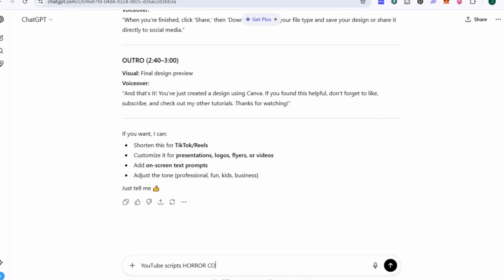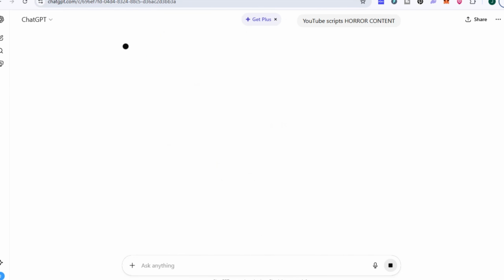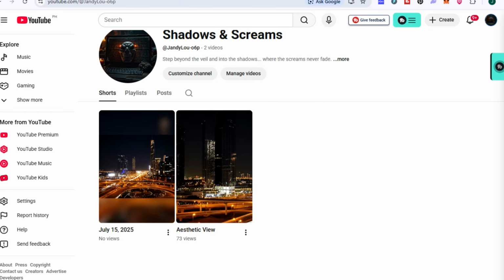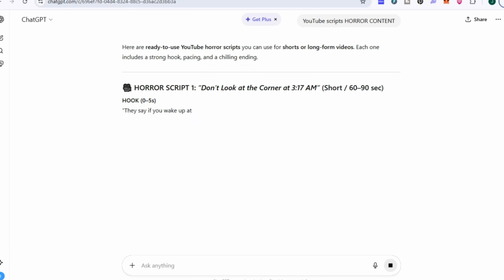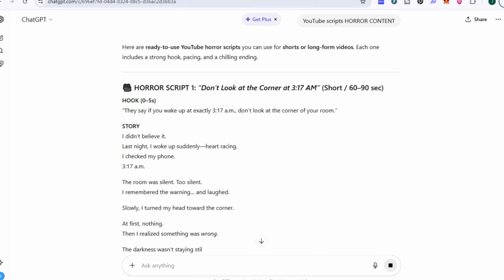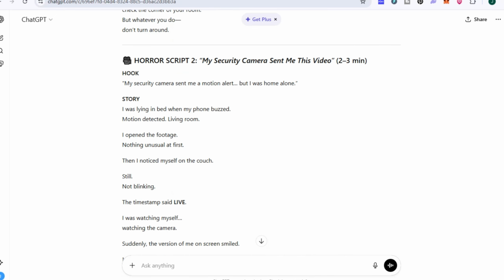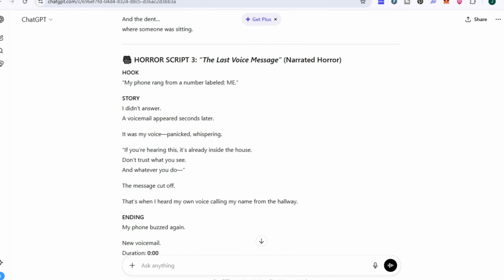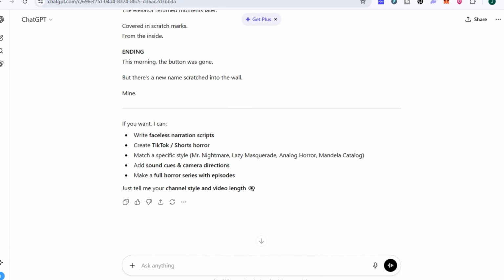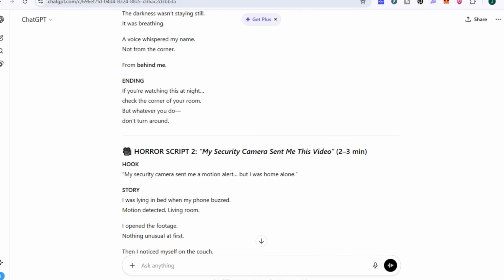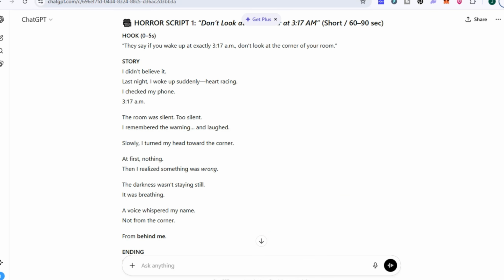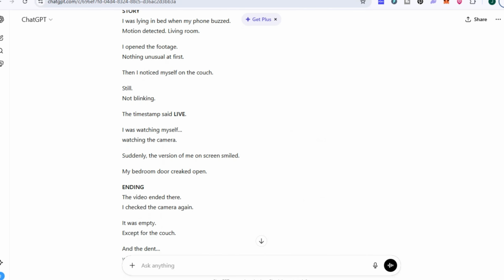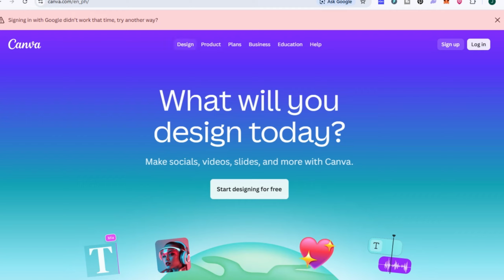So another thing is that aside from asking ChatGPT for a script or for any idea, you can also ask ChatGPT to create a specific script for your voiceover in case you are planning to build an ASMR or any horror YouTube channel. You can ask ChatGPT for a script for that. And all you have to do is generate images using Leonardo AI or using ChatGPT. It can also generate images here, and then add them to your CapCut